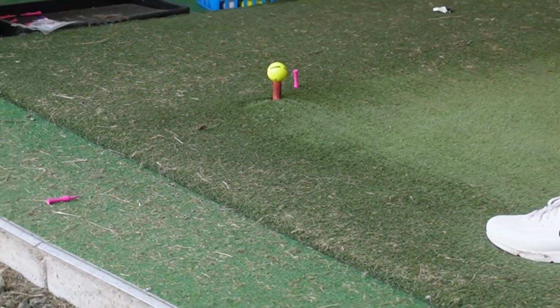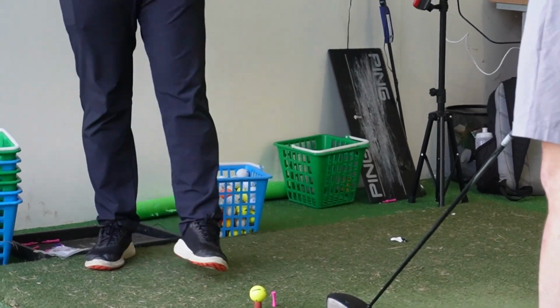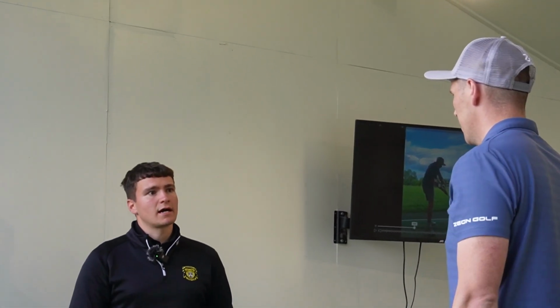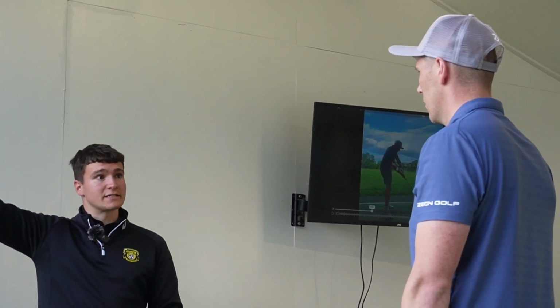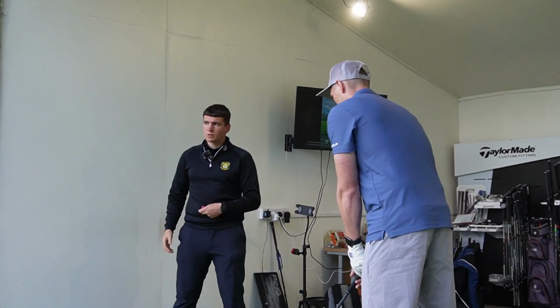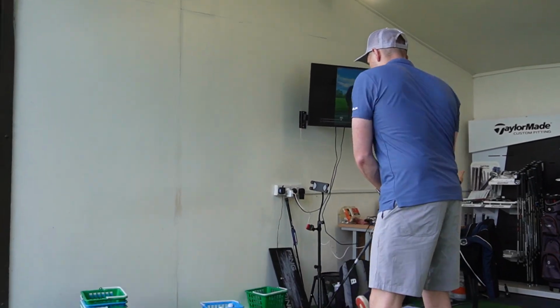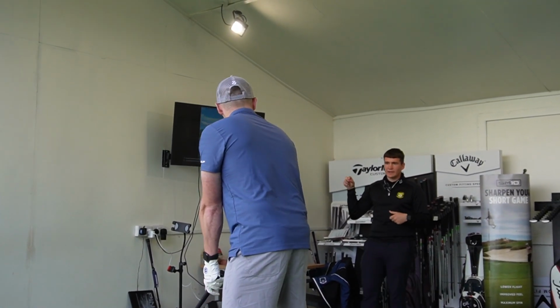with the path that we're trying to come in on, would you expect to see that shape, that draw just come out? Depending on how you present the club face, I would certainly expect to see less starting left, rising to the right, and certainly less left of the left, going left. We achieve left and right in so many different ways. So you've got more of a slice pattern,